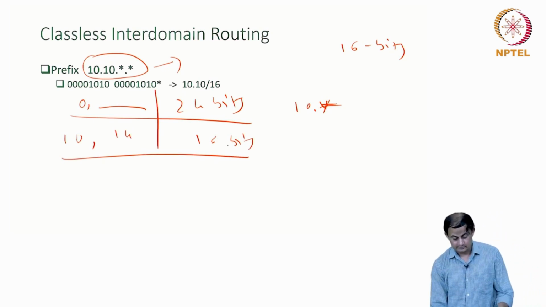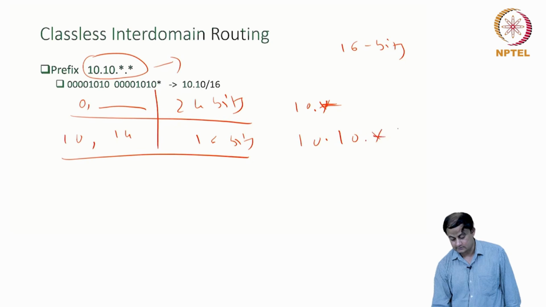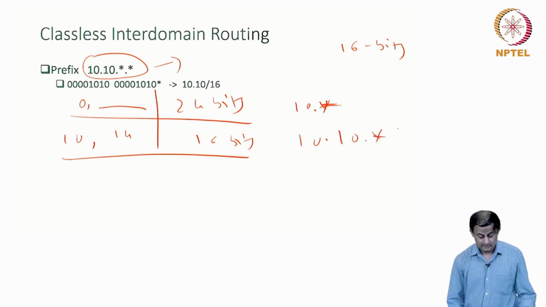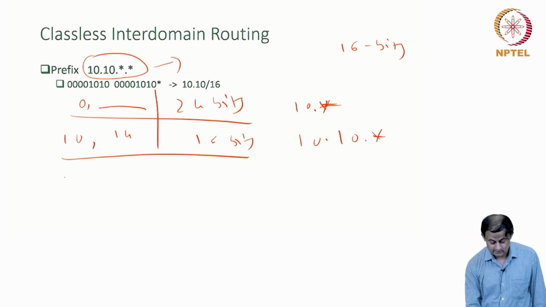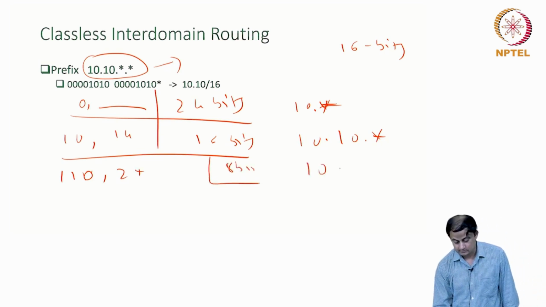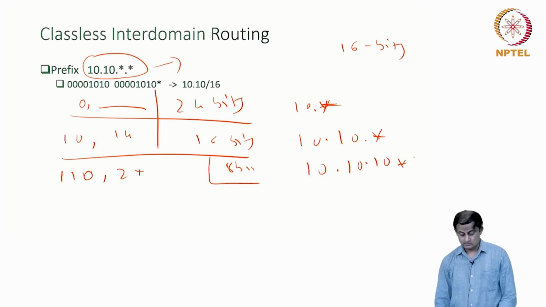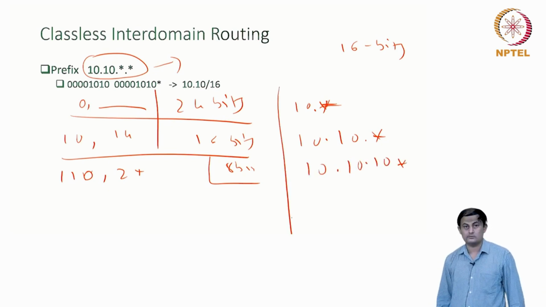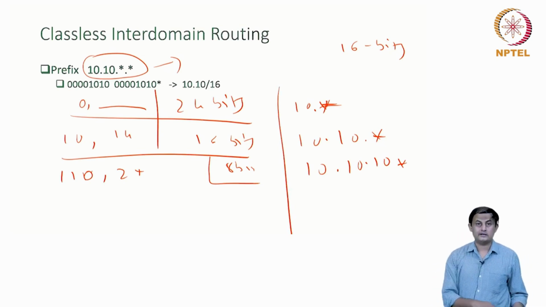So I might say that this is 10.10 star, and if I am using the class C address, then this is 110 followed by 21 bits and then the remaining 8 bits. So the prefix might look like 10.10.10 star. So all these are appearing in the form of the prefix,